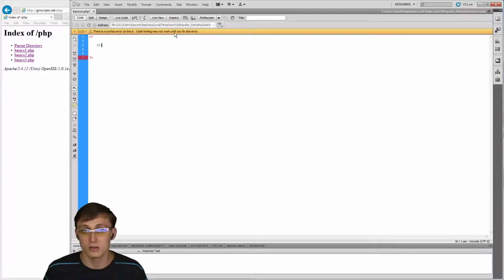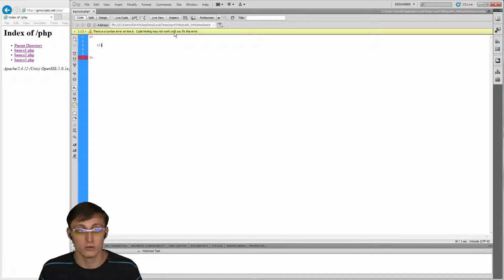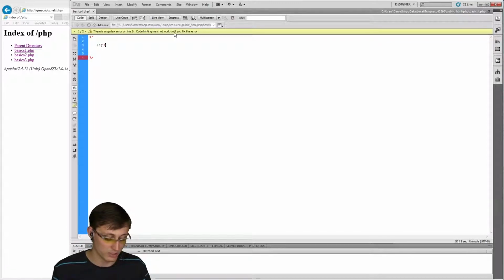There's a couple ways that you can do an if. There's a short statement or long statement. Right now I'm just going to show you the basics of a normal if. All are possible, you just have to know how to use them. So starting off, I have an if. I do my if and then a left parenthesis. Now inside my parentheses, I need to set a statement. In this case, I'm going to say if this number is bigger than this number, do the statement. So we're going to say if 10 is greater than 5 in this case,